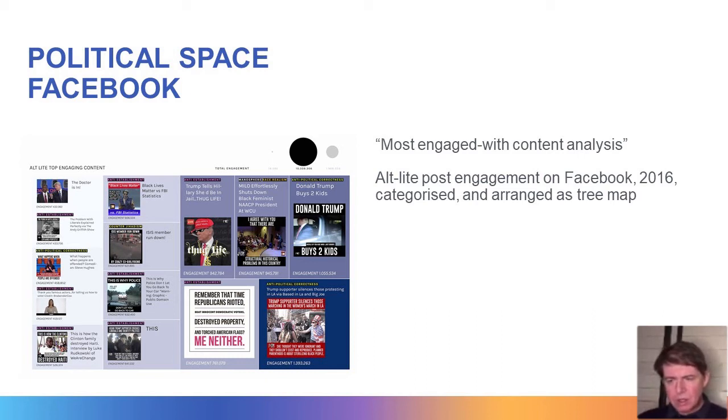Oh, I should also mention, before moving on, that the visualization here is a tree map. The post with the greatest amount of engagement is resized. That is the largest size. We also placed in this graphic a sort of subcategorization of different types of posts. The subcategorization was whether the posts were about white supremacy, whether the posts were about counter-jihadism or Islamophobia, etc. And we in fact found that it was the anti-Muslim posts that animated this group the